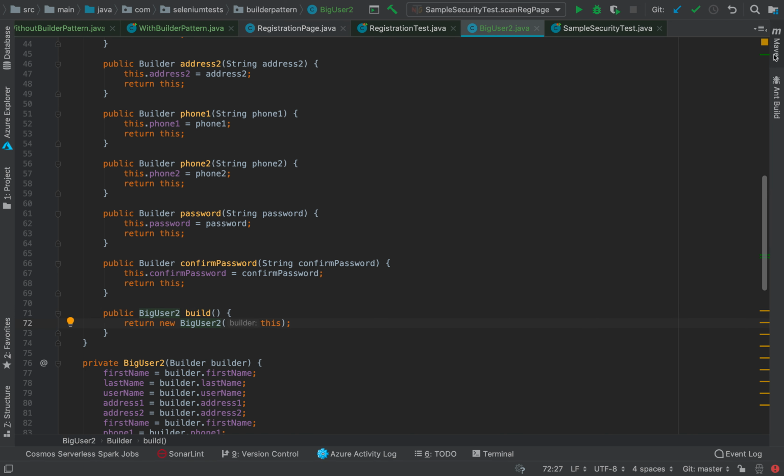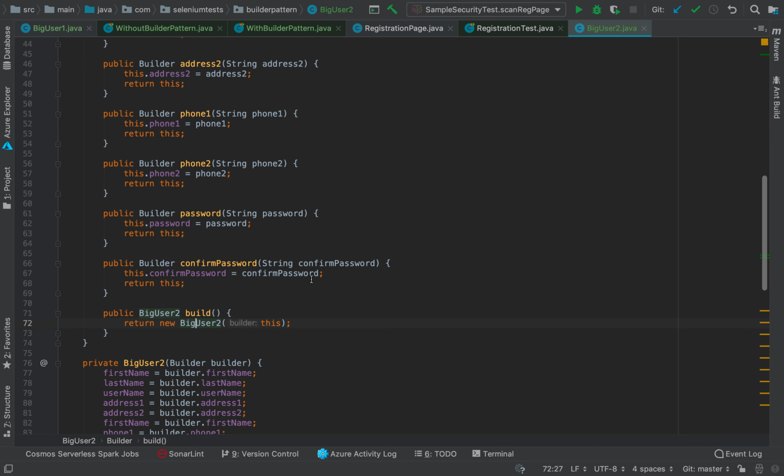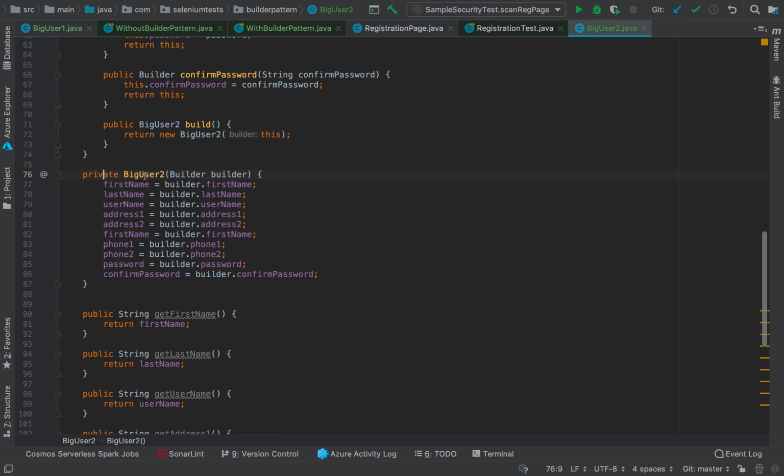Now let's compare this with the big user 1, which is right here. So big user constructor is a public constructor here, but in case of big user 2, it's a private constructor here. As you can see, it's defined as private big user 2, and it takes object of type builder. And now, using all of the attributes which we collected on the builder class, we can initialize the parameters of